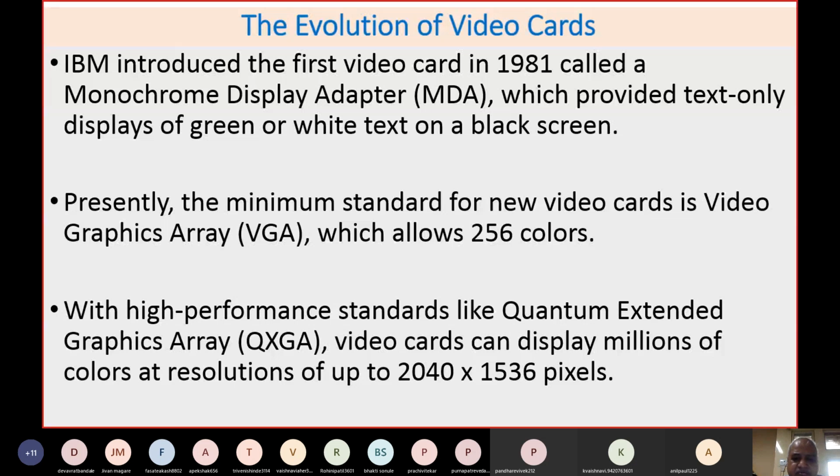With high performance standards like quantum extended graphics array, that is QXGA, just above SXGA, Super XGA, video cards can display millions of colors at resolutions of up to 2040 by 1536 pixels. Now you know that even these cards are capable of showing very high pixels, up to 4K.